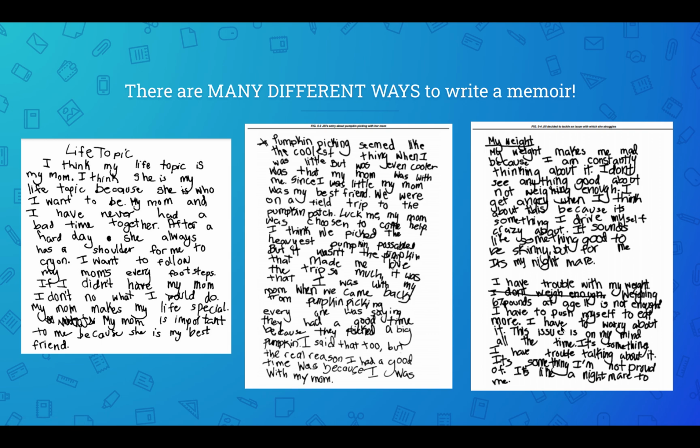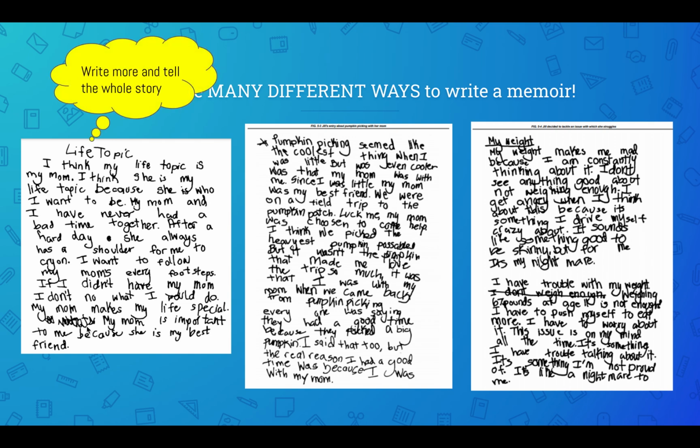So looking back at this student's 3 examples from last week, I want to think about what her next step might be. So her first one about her life topic, where she talks about her mom. A next step for her is probably to write more and tell the whole story. This looks a little bit short, and I think that she has more to say about this topic. Her writing about the pumpkin picking is also awesome. One thing I was thinking about while I was reading it is I really wish I knew what the characters had said to each other. So her next step could be to add more dialogue, more of the characters talking to each other, so we